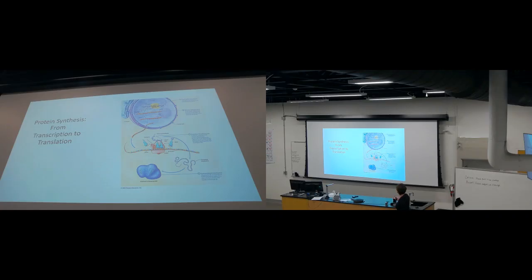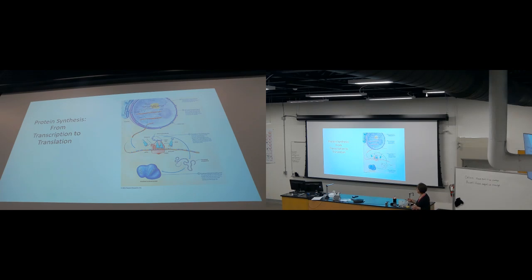And once you have whatever final version of the messenger RNA needs to go out, it exits through these nuclear pores, then goes into these ribosomes, and then you bring the transfer RNA, you bring your amino acids, you elongate your chain of amino acids, create your peptide bonds, and then once you reach the stop codon,